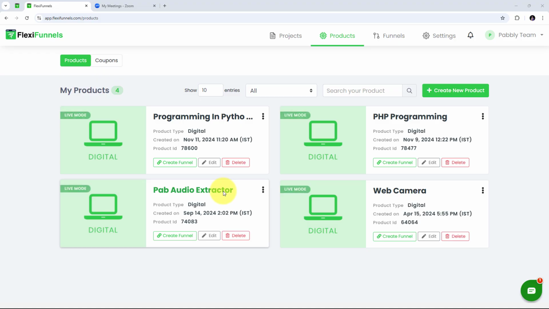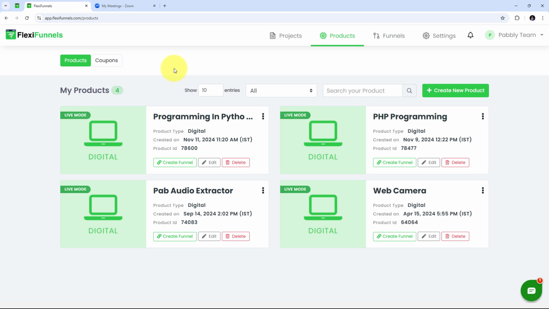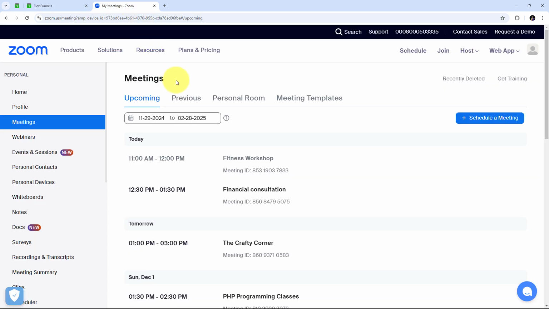I hope you can all see my computer screen, and today we are going to see how we can create a Zoom meeting registrant on FlexiFunnels purchase. So I am an online coding teacher and I host multiple live webinars and workshops on Zoom. By integrating FlexiFunnels with Zoom, I can automatically add every attendee who makes a purchase on my funnel to the relevant Zoom session. This will ensure that no one misses out on the meeting links and streamline the process of managing registrations, and it will also allow me to focus on delivering the event rather than handling